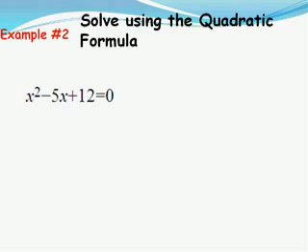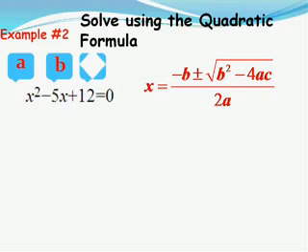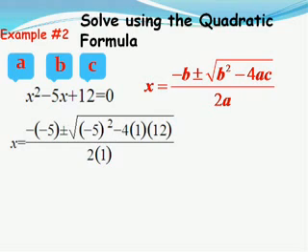Let's take a look at example number 2 and see what kind of solutions we'll get in this case. Solve using the quadratic formula, x squared minus 5x plus 12 equals 0. First step, write the quadratic formula, and then we have to state the coefficients. A is 1, B is -5, and C is +12. The following step, plugging the values of the coefficients